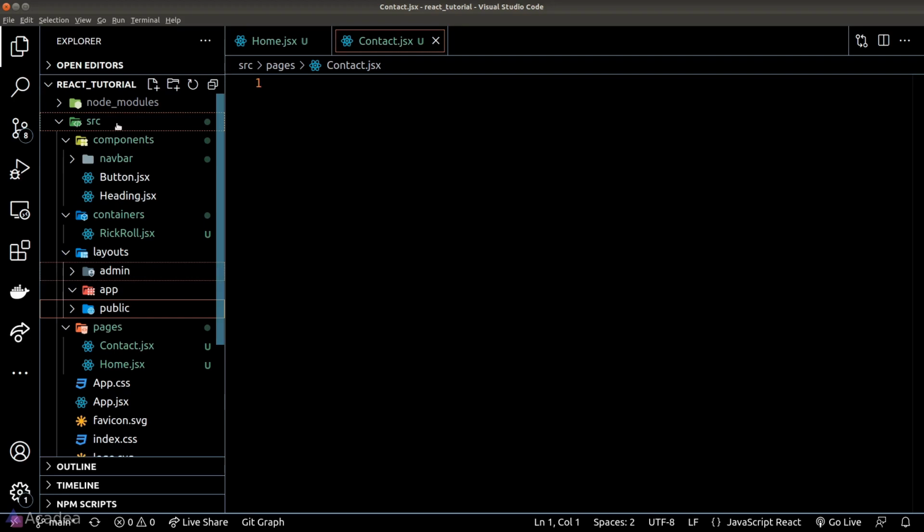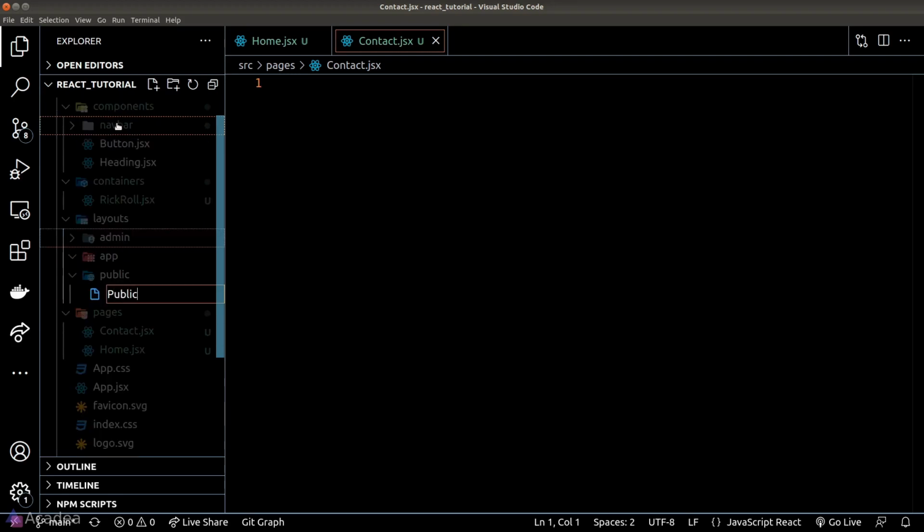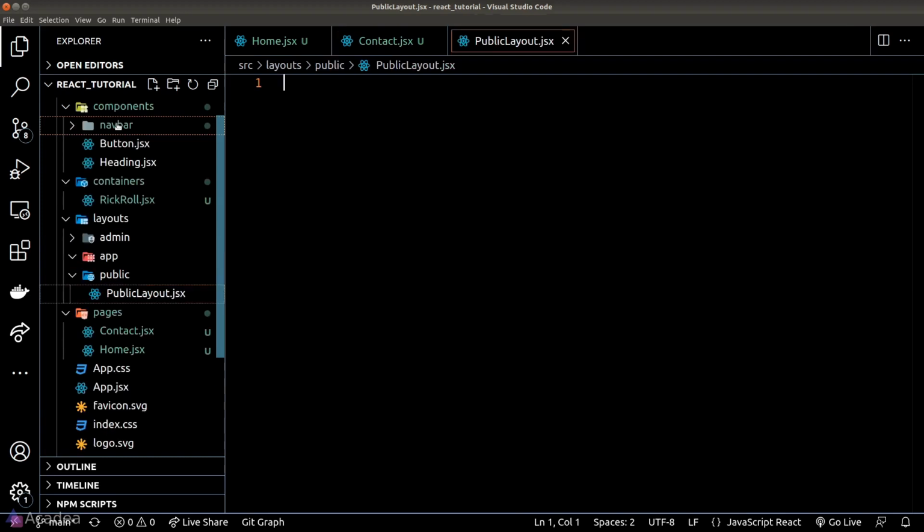The public layout will fit for pages like the login page, the sign-up page, and the landing page. The admin layout is for internal use and typically would be drastically different to the app layout. Anyway, in each of these folders, we should create a layout wrapper component where we define what should be in